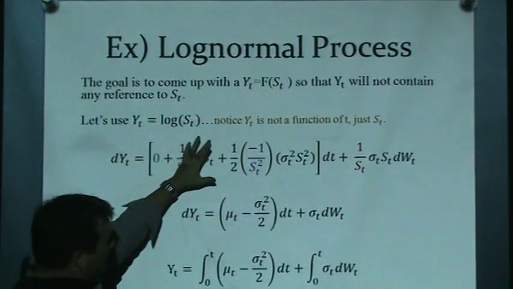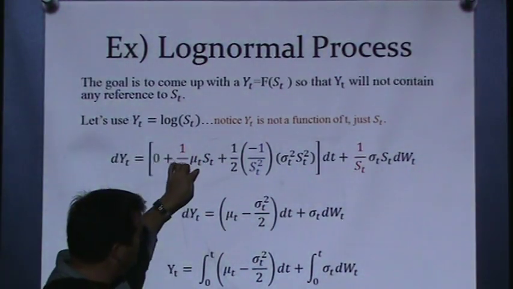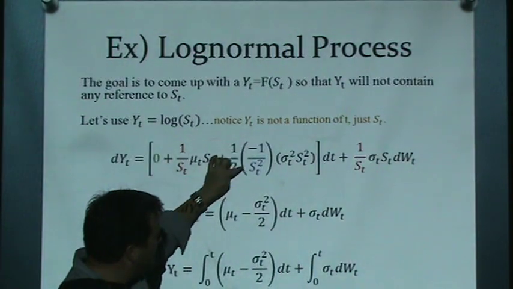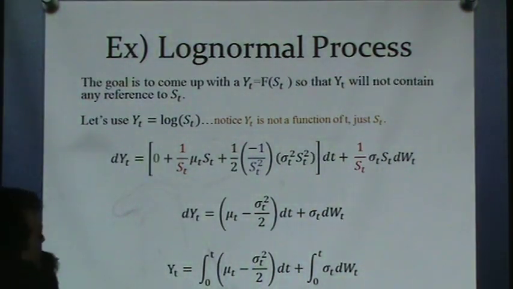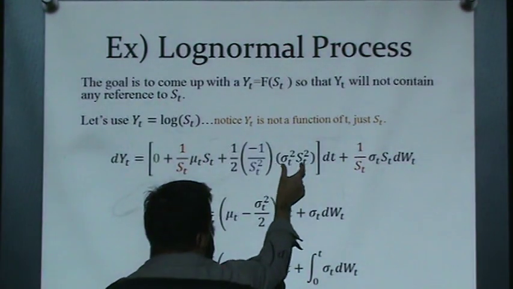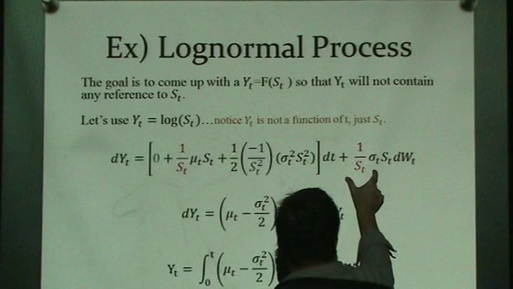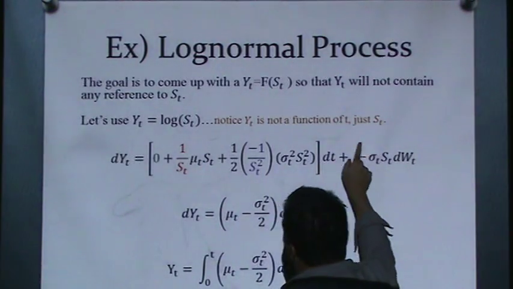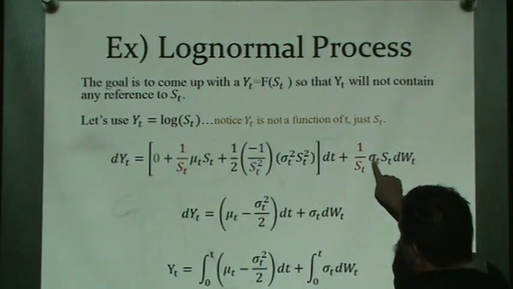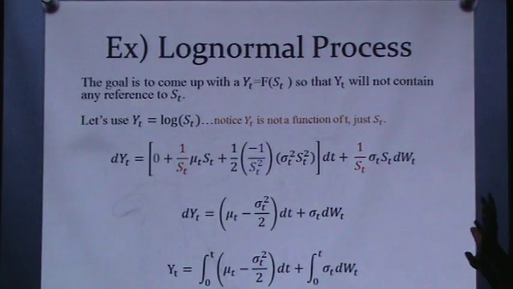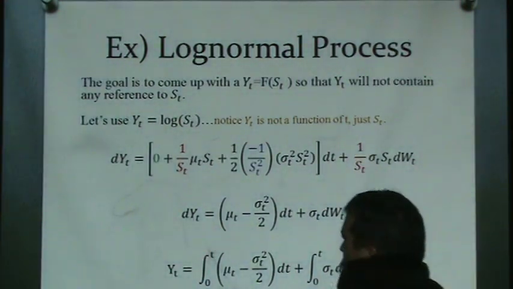Its derivative would be negative, so this is s of t to the minus 1. That becomes negative 1 times s of t to the minus 2. And then that is also put in front of this. That's part of Ito's lemma. And then over here we have the first derivative of this function with respect to t times sigma s of t. Okay, and then we clean this up a little bit and we get, here's where it starts to get